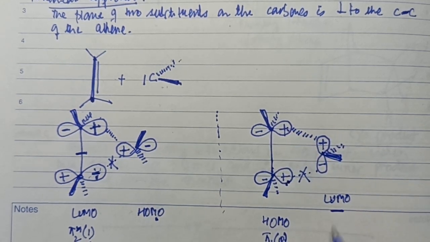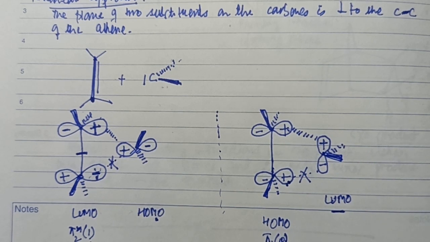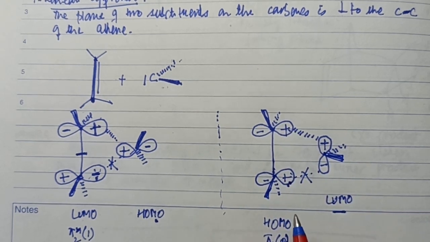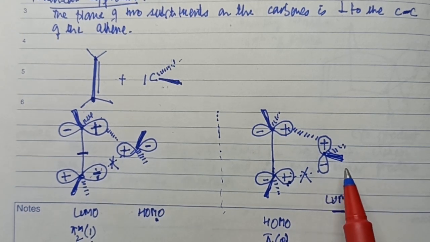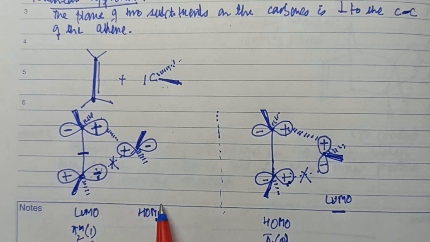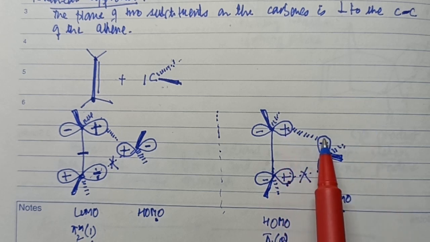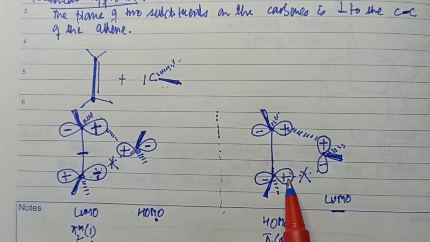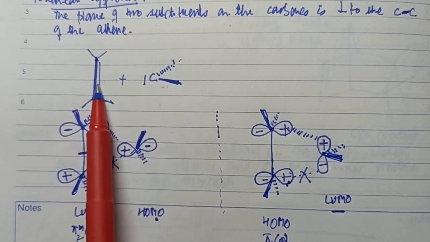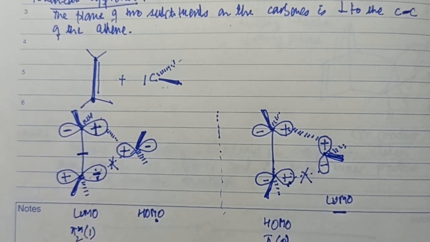Again, one has to remember, while drawing the LUMO of the carbene, the p orbitals are shown in such a way that this p orbital is not facing the p orbitals of the alkene directly. And if this is the case, study the interaction between these. Of course, whatever result we get in the LUMO-HOMO interaction, a similar result we should get in the HOMO-LUMO interaction also. So the plus and minus lobes are interacting. Therefore, there is an anti-bonding interaction. Again, hence we can say the linear approach of carbene onto alkene under thermal conditions is a forbidden process.